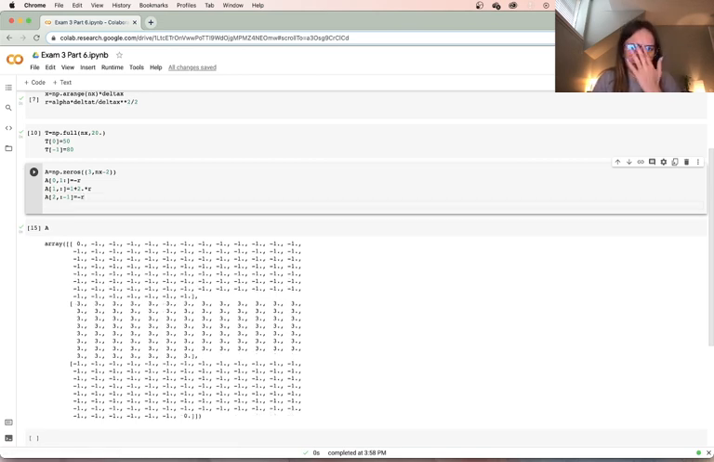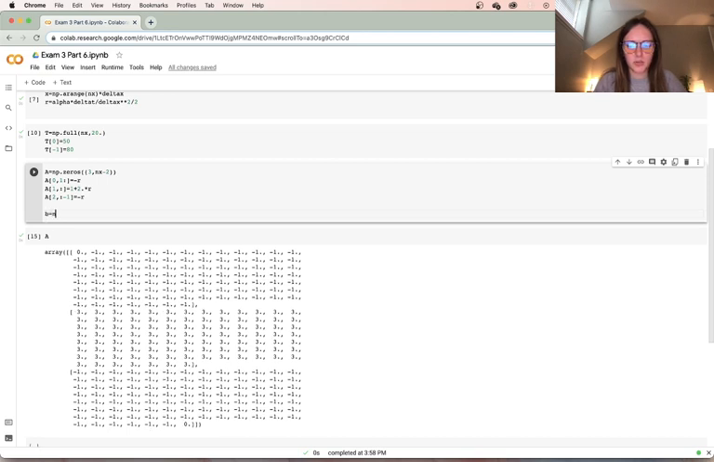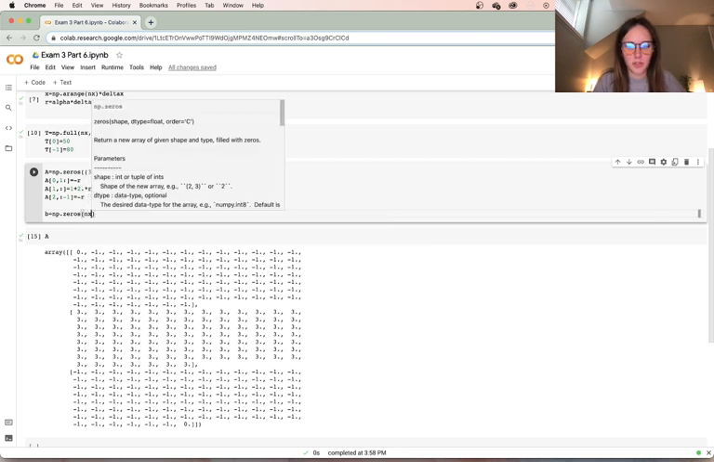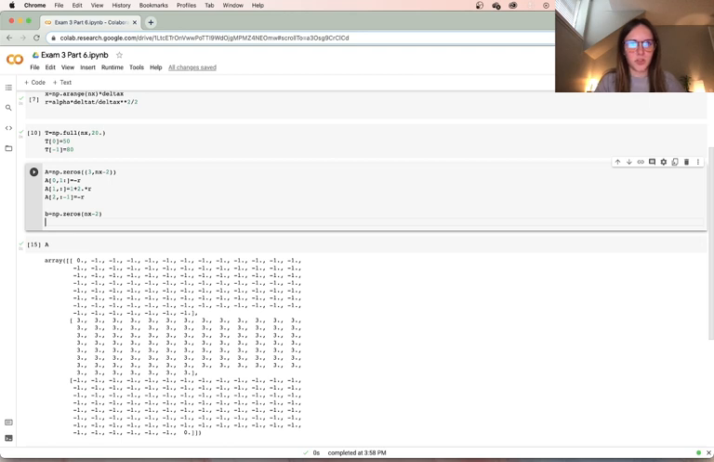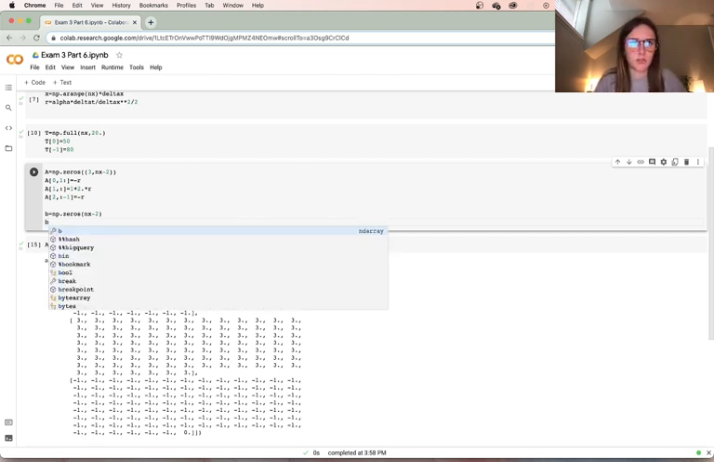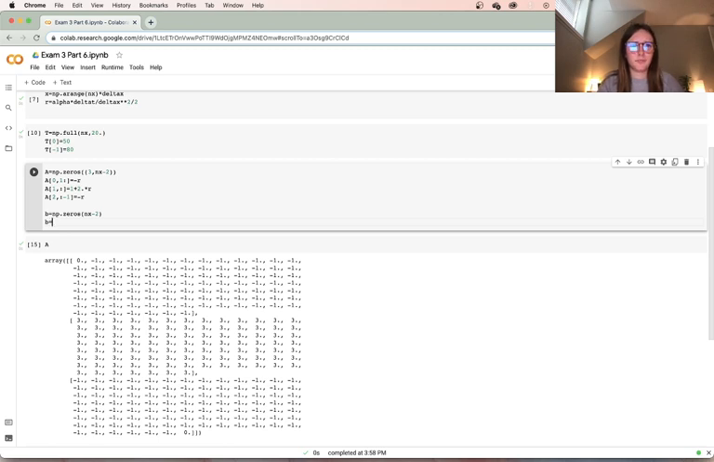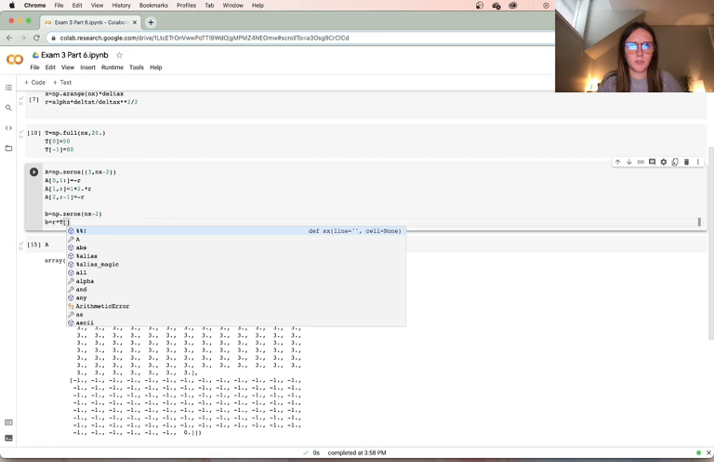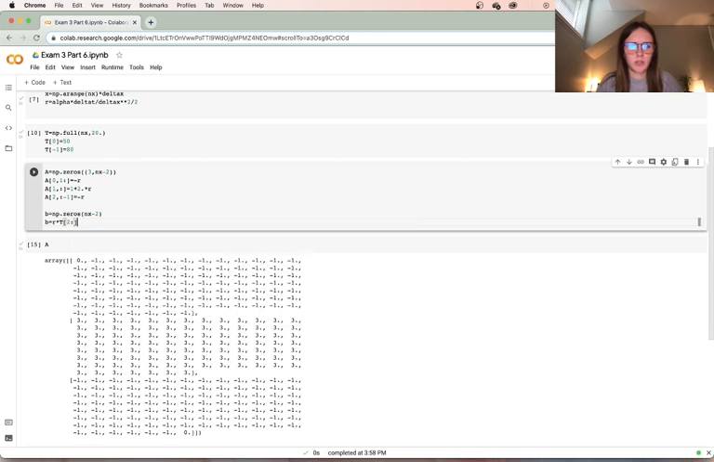And then we're also going to have b. So we're going to set that equal to zeros as well, and this is going to be nx minus 2. And then we are going to do some similar things. So we are going to write out that b is equal to r times t from 2 and beyond,